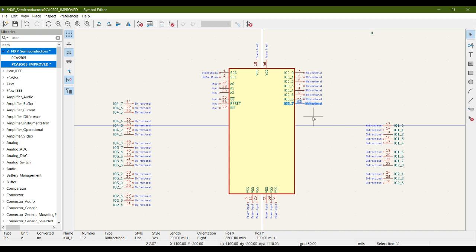This is the bank 0 of the port expander. Now we are going to use this IO's bank 1. Now let me do this whole trick which I have told you while designing the symbol. Select all this, let's